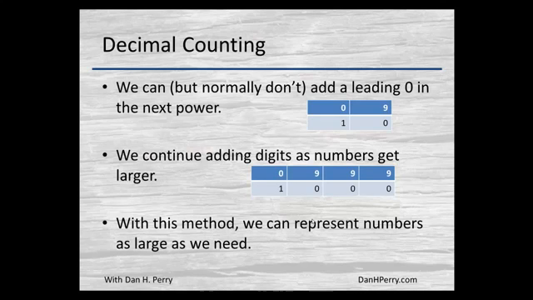If we're counting as digits get larger, if we've got 999 and add 1 to it, well, in the ones bit on the rightmost, the 9 plus the 1 gives us a 0 with a carry. That carry is added to the next 9, generating another 0 with a carry. Well, that repeats in the third 9 in this example, and we end up going from 999 to 1000, adding an additional digit. And we would keep this, and as we go, we can generate as large a numbers as